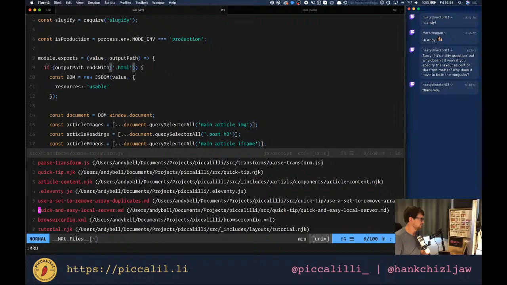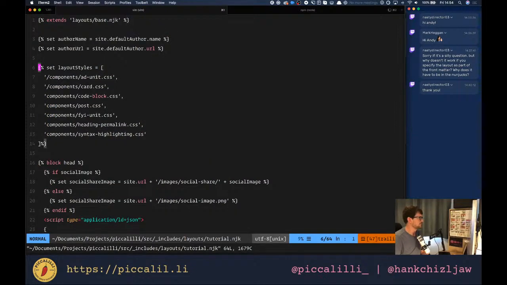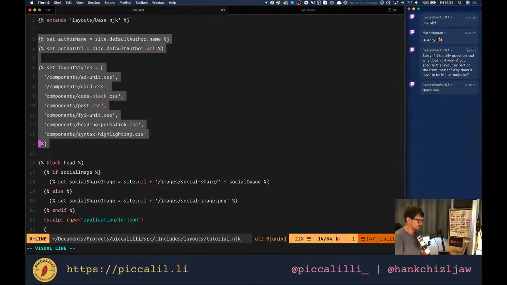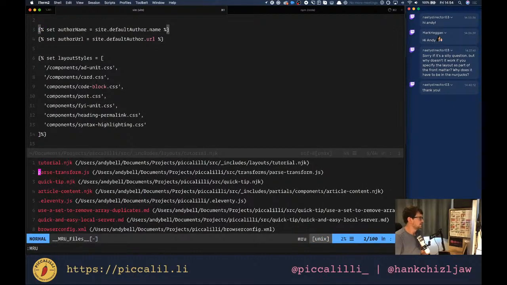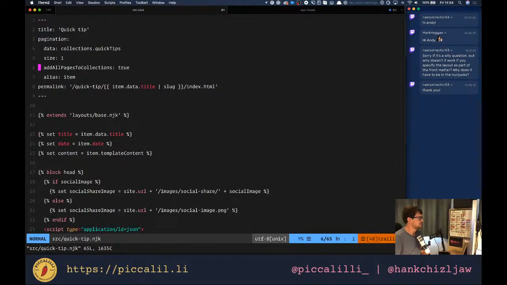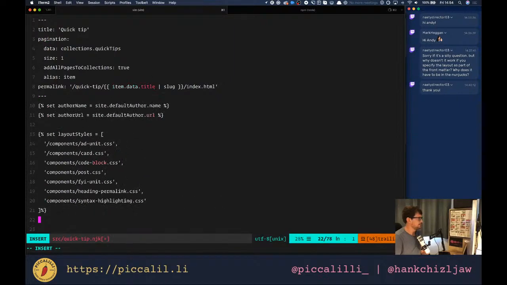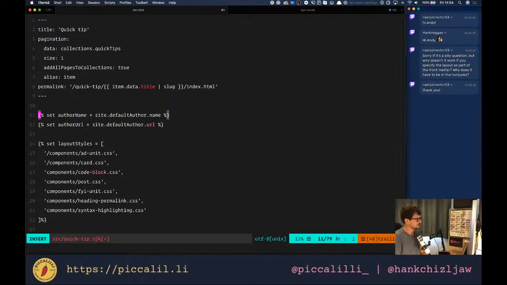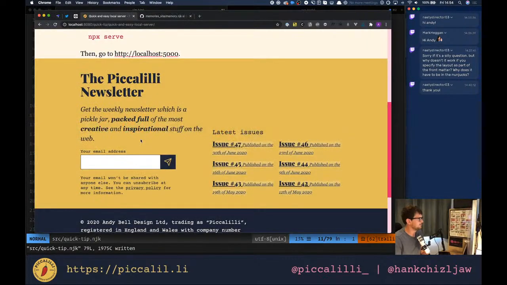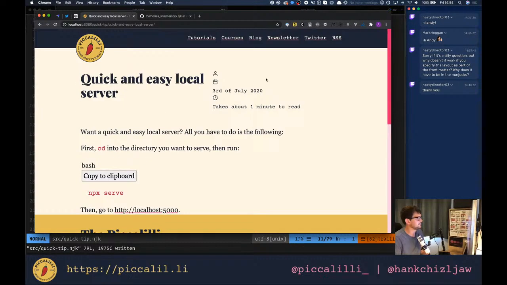So what I'll do is I'll go back in the tutorial. On this site I need to grab the author as well. So yank that. Then we're going quick tip in here and then add it here. I break the CSS into small pieces on Piccalilli, and then I smush them all together to create a specific CSS file for that one page or that one view on the site,